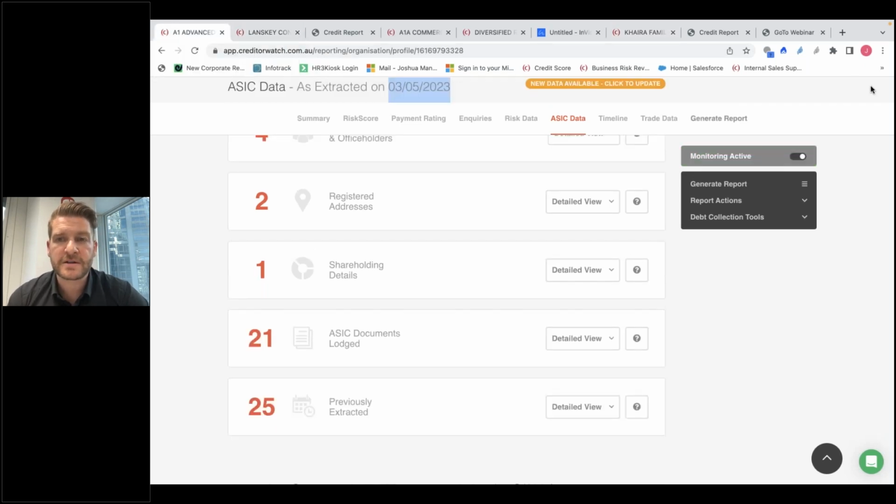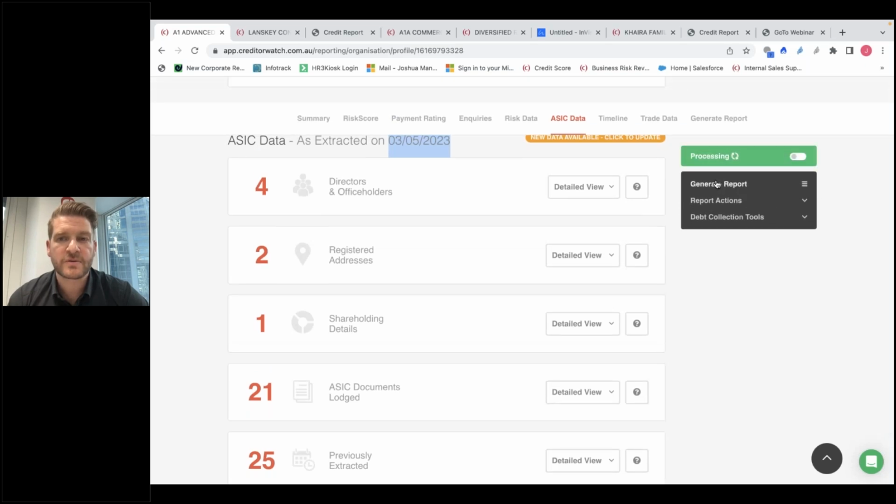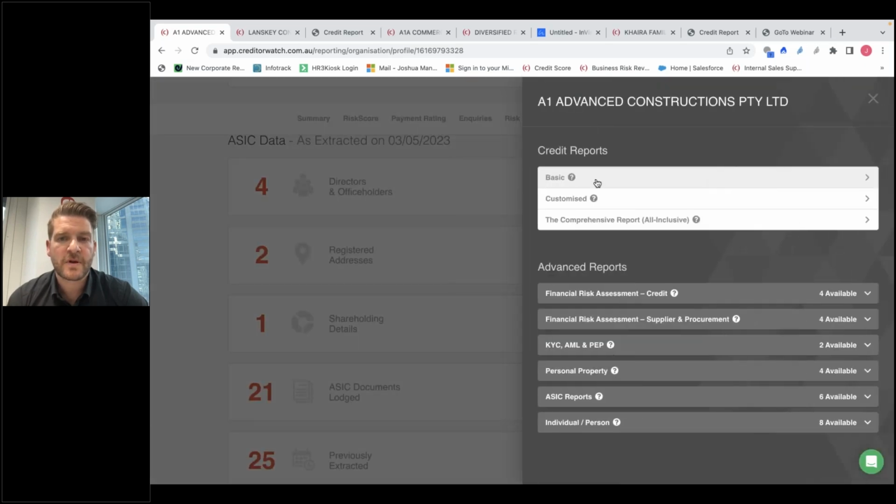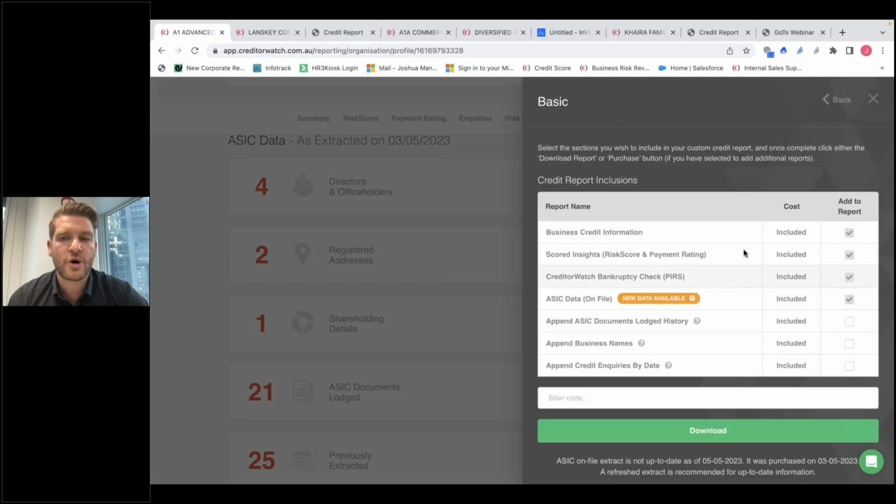So this is a key part, and that's because generating a report can be done in two ways. To just build a very basic report, I can click on basic and it will give me options to what I want to include in my report. And the reason we've done this is because the bigger the company you pull a report on, the more data there is. So some companies have credit inquiries of over 2,000. So you don't want that filling up your PDF report with pages and pages of credit inquiries. So you can pick and choose which documents you wish to have or how you build your profile, download it,